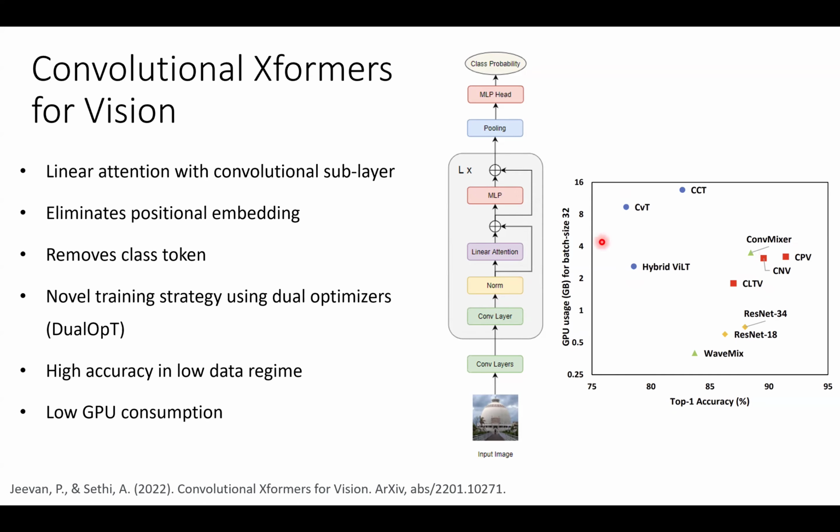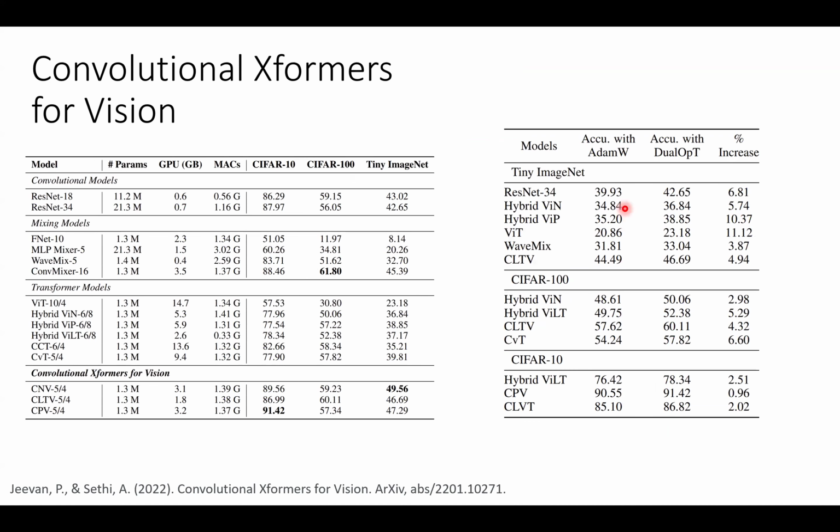In all these experiments, one thing that came out was a novel training strategy using dual optimizers. So in normal training, we just take a single optimizer, like an adaptive optimizer like Adam, or SGD, and just train till convergence. But what we found was adaptive optimizers are very good at converging at a very fast rate, but they will never reach good generalization. Like the minimum that they reach is actually not a very stable minimum, in the sense it goes to a very steep valley. While SGD, even though it is very slow to converge, will actually give a much